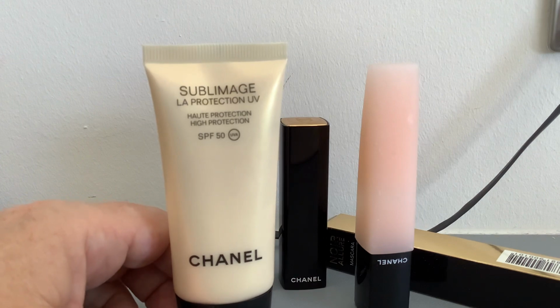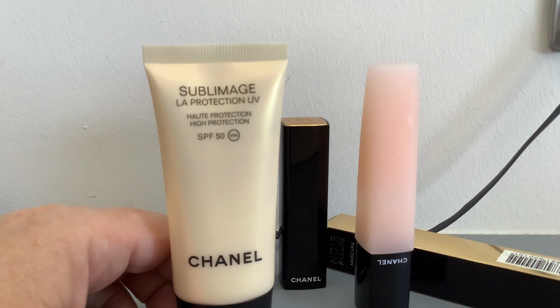Do I like it? Yeah, it feels very nice on the skin. Doesn't give you any of that white shading that cheaper, in fact many, SPFs do. It's a treat. Yeah, I don't say rush out and buy that. If you have the money, and God knows most of us won't, having to pay off fuel bills this autumn, and you want to invest in a luxury